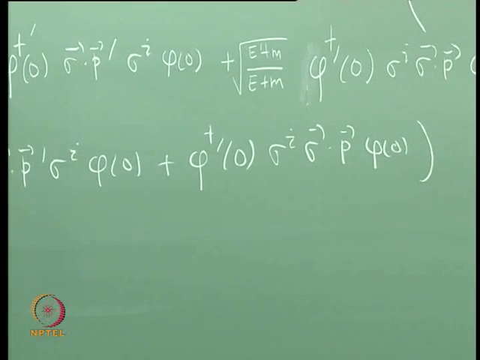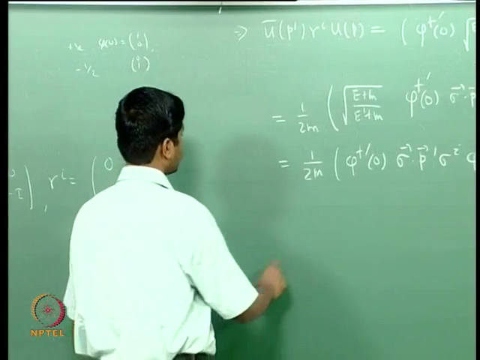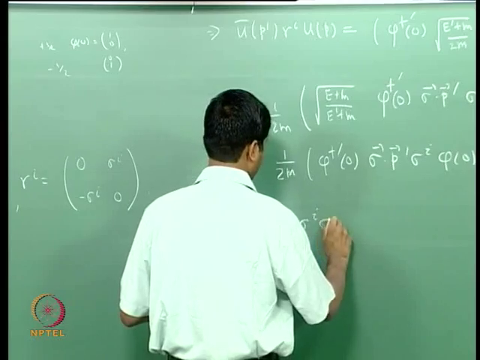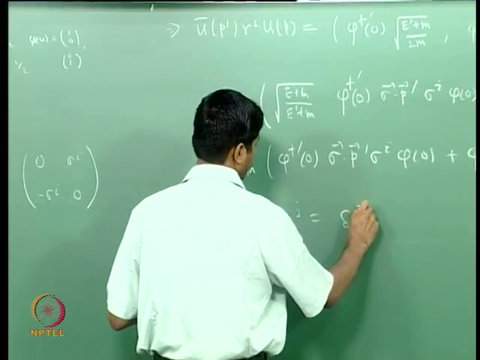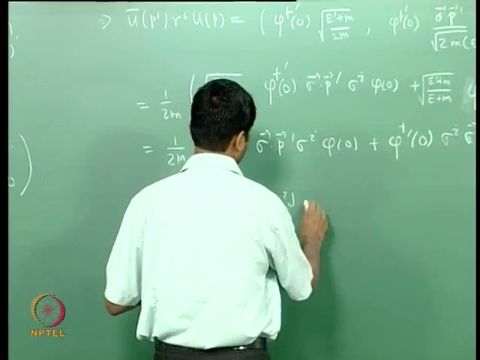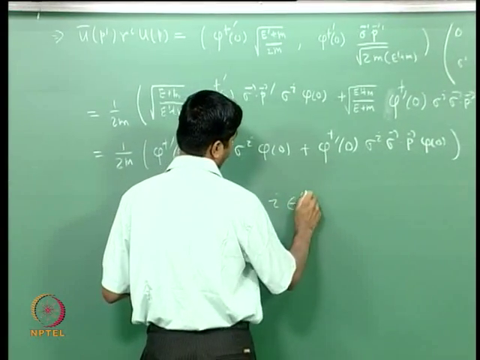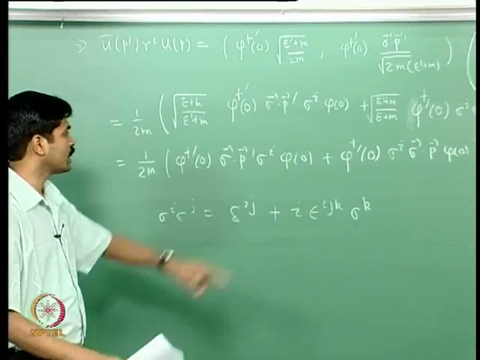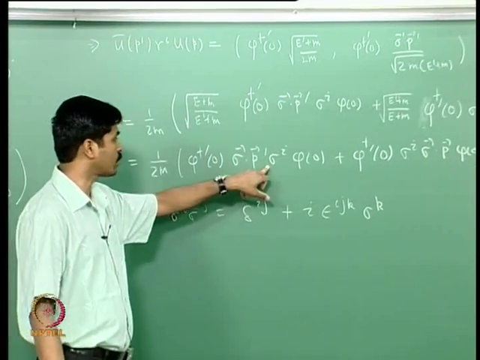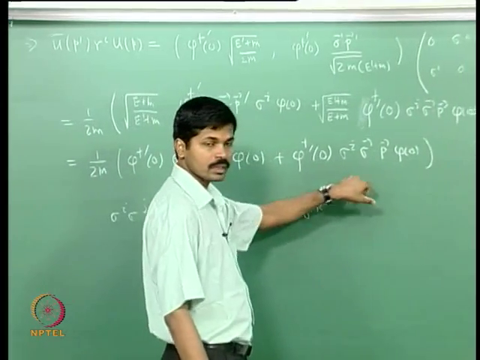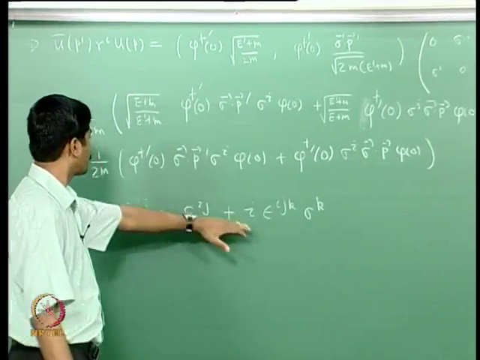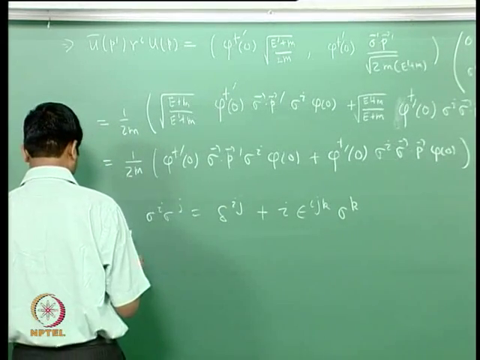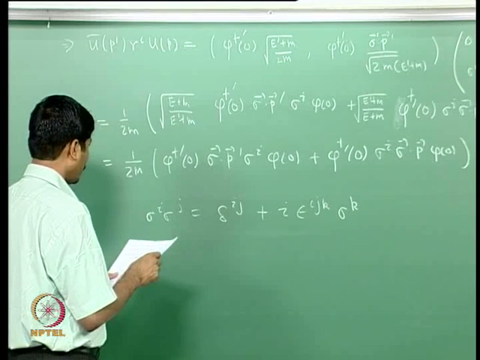Okay. Now, I will use this identity here, sigma i sigma j is equal to delta i j plus i epsilon i j k sigma k. You see that here you have sigma i sigma j, here also you have sigma i sigma j. So, you just use this formula and simplify that. When you do that,